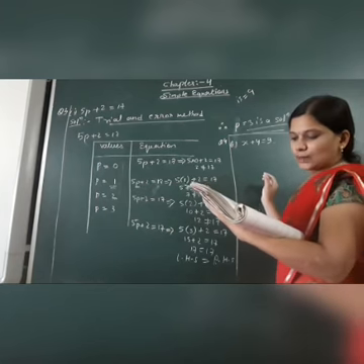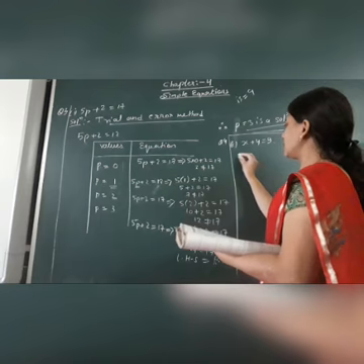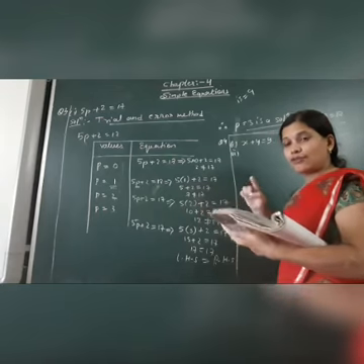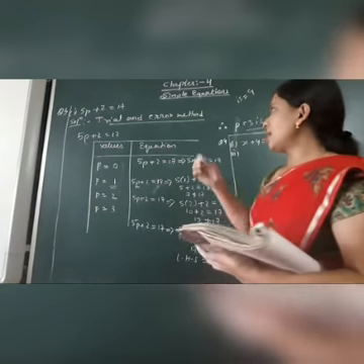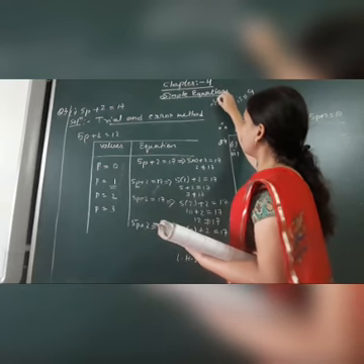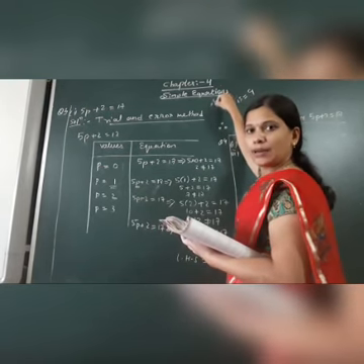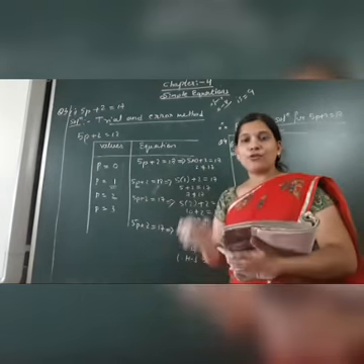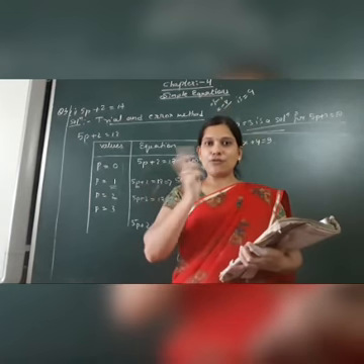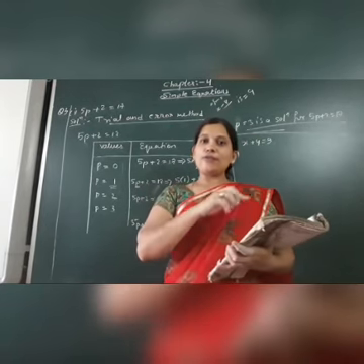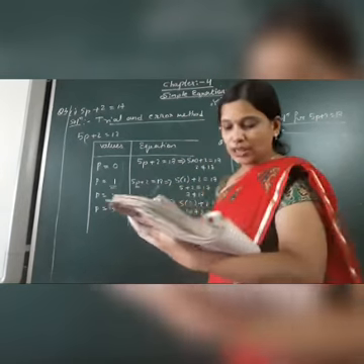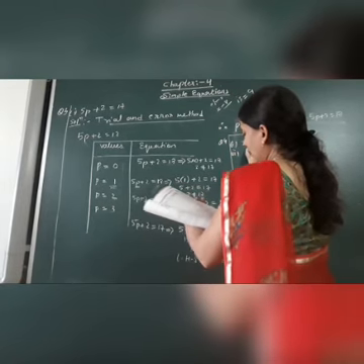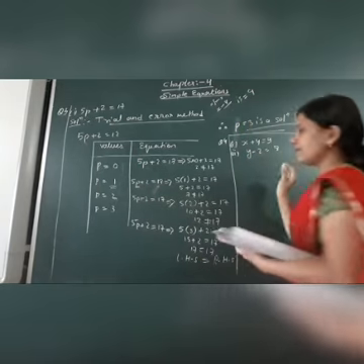Second part, 2 subtracted from y is 8. Subtracted means minus. From, that means suppose two numbers are there, say x subtracted from 8. So the second term will become the first term and the first term will become the second term. That is, 8 minus x will be there. फ्रॉम के जो बाद वाला नंबर है वो फर्स्ट आता है, एंड जो फ्रॉम के बिफोर वाला नंबर है वो सेकेंड में आ जाता है. ठीक है, so here what is 2 subtracted from y is 8? So the statement will be y minus 2 equals 8. This will be the equation.